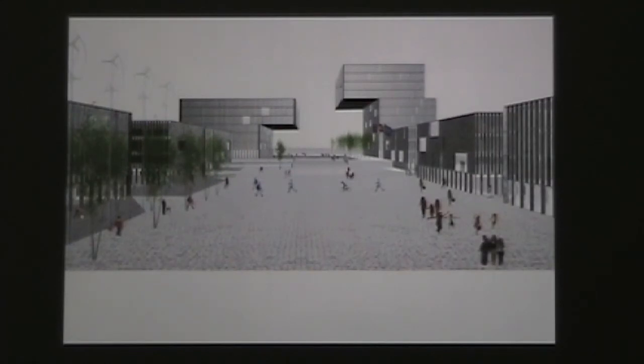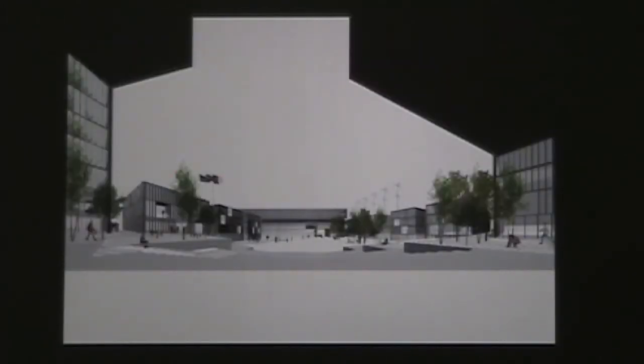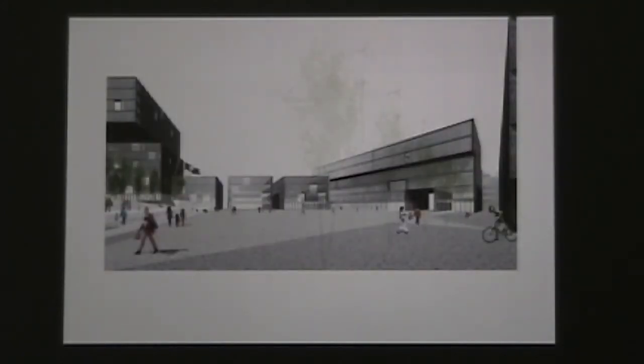Okay, so these are some of those competition images where we're proposing a very anonymous type of architecture, where the only moves that took place were these ones at the entry of the main plaza, so as to create an icon, because we knew that without icons the city could not be recognized. So there was this need to create a very visible, very clear element that would make an immediate reference to the city.